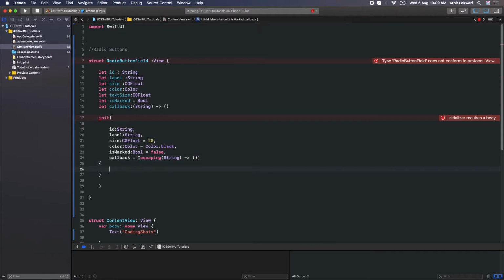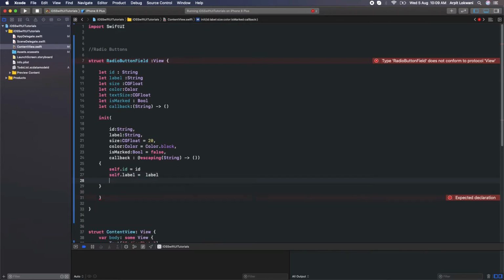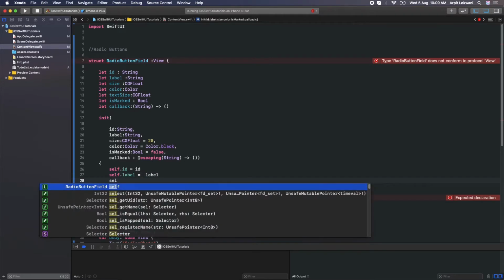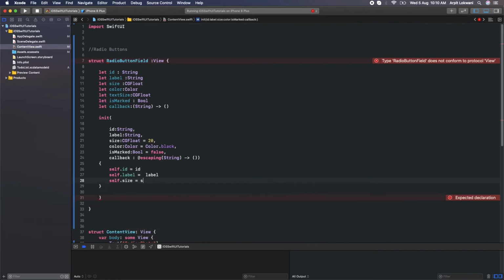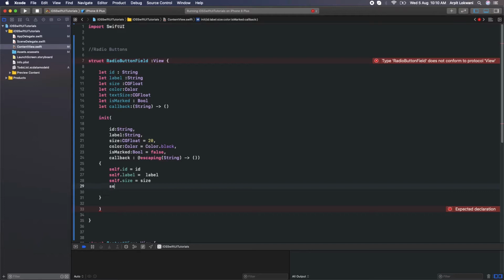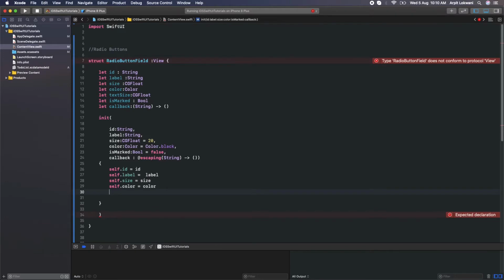And now we need to put the values. So start with the ID: self.id equals id. Similarly, self.label is equal to label, and self.size equal to size, and color: self.color is equal to color.